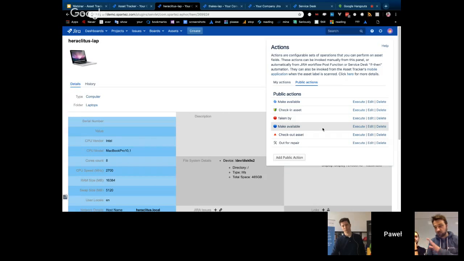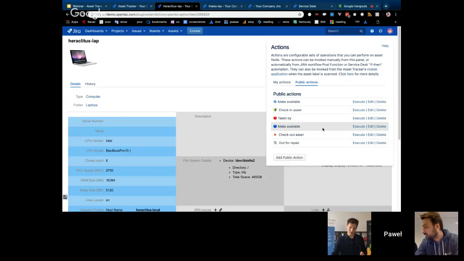So those public actions can have multiple uses. First of all, there is the mobile application. If you install it, it's called Asset Tracker. I'm already searching. Yeah, Asset Tracker. No, I've been searching for Asset Tracker in Jira.